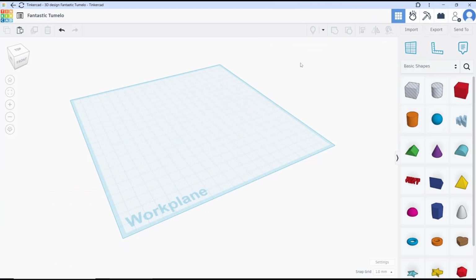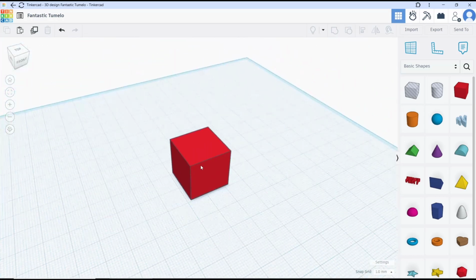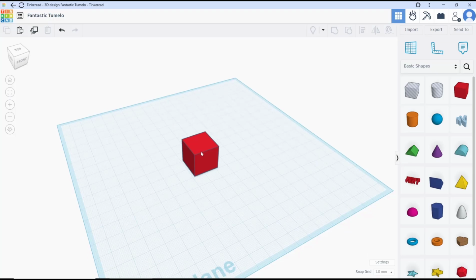Hello everyone, today we are going to learn a basic TinkerCAD tutorial: how to zoom to object. For example, I will create box objects, and if you want to zoom to object, you can click this tool, Fit All in View. You can click it and it will zoom to the object,